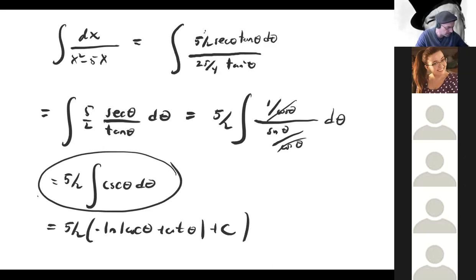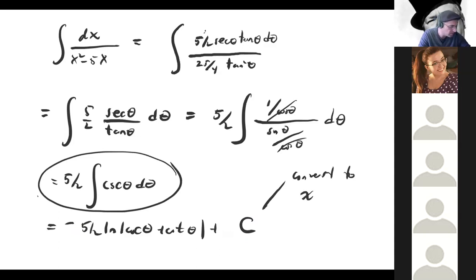And we could add the c on the outside because it's just a constant. So let me rewrite it like this, minus 5/2 plus c. Okay, we have to also convert everything back to theta, back to x,